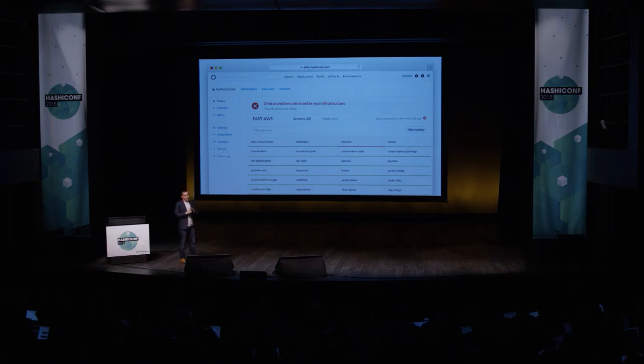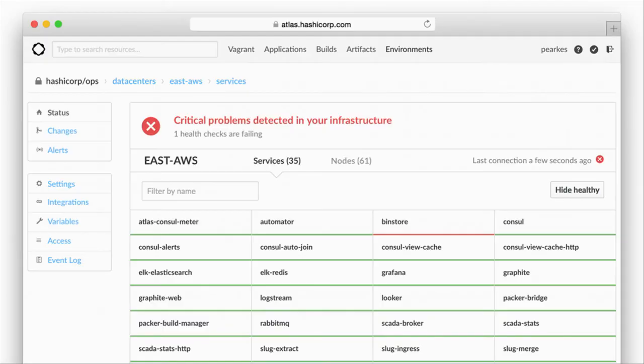But let's consider when this doesn't go particularly well. Let's consider an ops event. So in this case, another one of our services called BinStore has gone down. There's red. It looks red. This happened here. And this would give us a notification in Slack as well, or PagerDuty, or SMS. There's various different ways you could get these notifications. But this sends us this error, and now we need to respond to it.